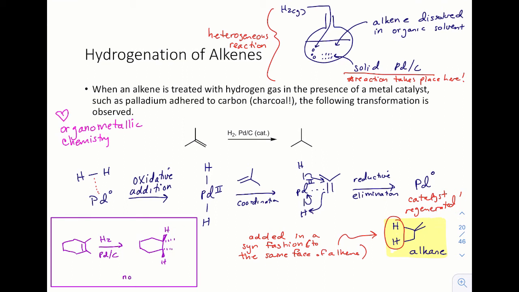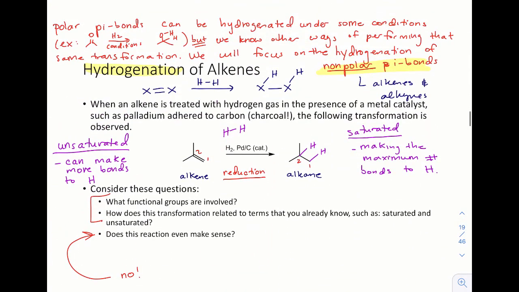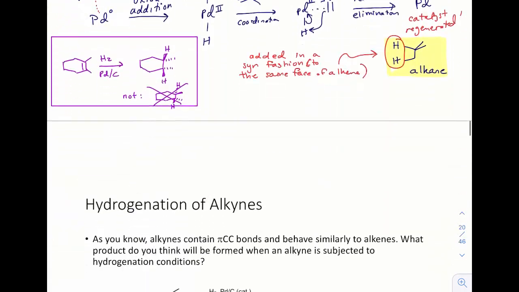There would not be the stereoisomer of the product where the methyl groups are on different faces, resulting from the hydrogen atoms being on different faces. This anti-isomer, which is just a diastereomer of the one observed, would not be formed. And that is a consequence of the syn addition. Make sure that you understand the hydrogenation of alkenes discussed on these two slides, and let's move on to discuss